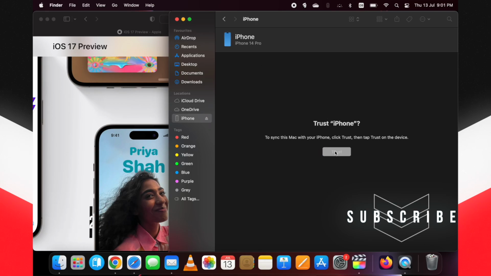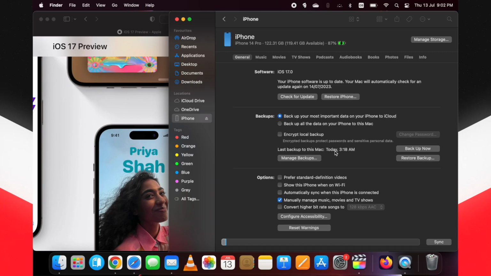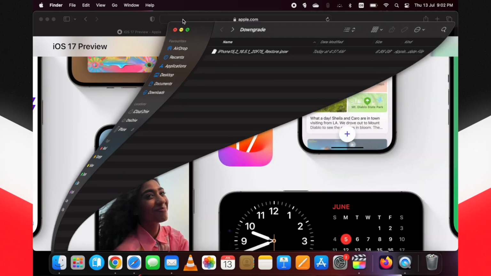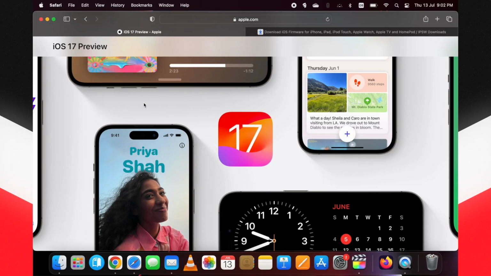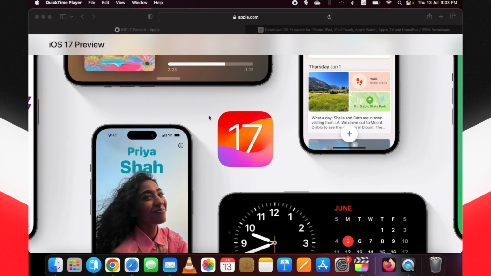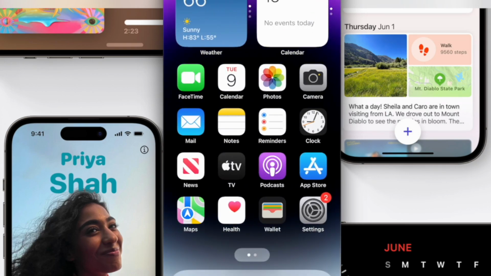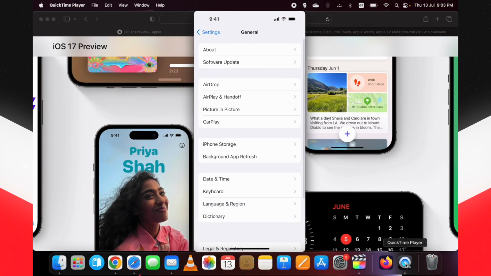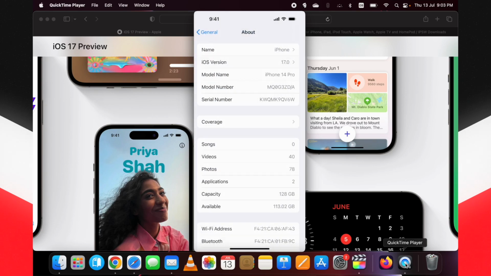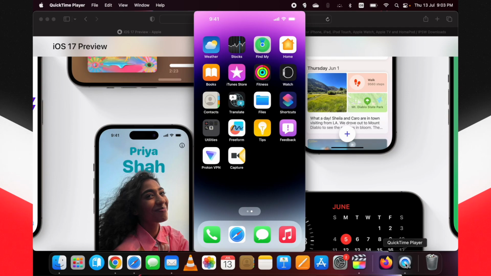This is the complete process of how to go back to iOS 16 from iOS 17 without losing data. You will have all the data you currently have on iOS 17. You will see at the end of this video I will have these two apps in iOS 16 firmware version as well. First of all, connect your device with the computer and hit the trust button on your device as well as in the Finder window.